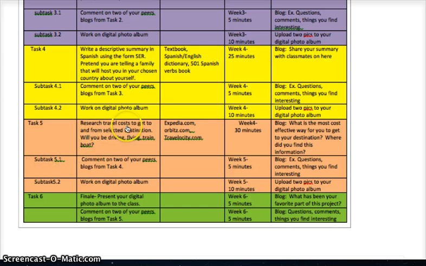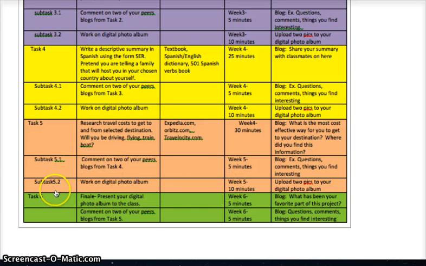Task 5 is to research travel costs to get to and from the selected destination. Will they be driving, flying, going by train, by boat? They could use websites such as Expedia.com, Orbitz, and Travelocity, which give lots of options on how to get to many places. They would blog about the most cost-effective way to get to their destination and tell us about where they found this information. The next subtask is, again, commenting on peers' blogs, and the next subtask is working on the